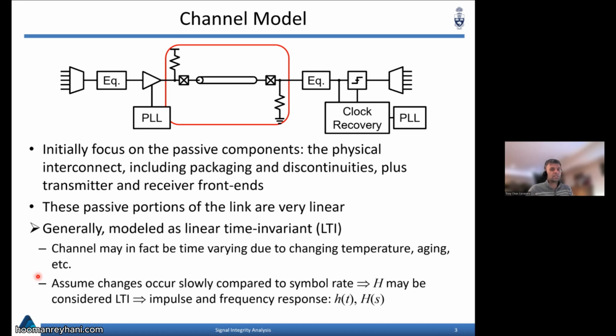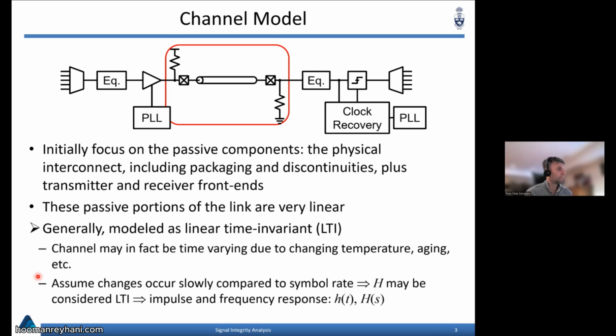If you're running at these very high data rates, you're going to run tens of billions of symbols through the channel every second. So even things like changing temperature may occur on time frames on the order of seconds, but that's still not going to have any material impact on any group of tens of billions of symbols as they go through